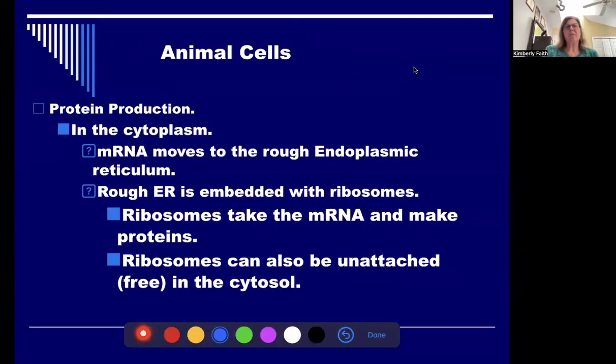So it is really important to make proteins. Animal cells have to make proteins. Even plant cells have to make proteins, I should say. The proteins are what actually keep you, I guess you could say. It's all your structural support. It has so many different functions, as we've talked about with our biological macromolecules, all of the things that protein does. In the cytoplasm, the messenger RNA